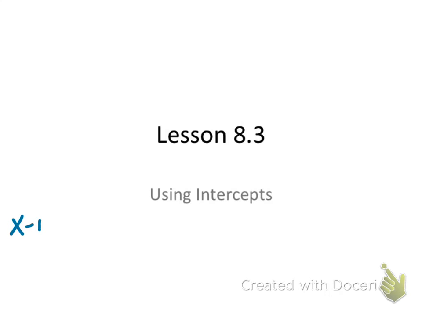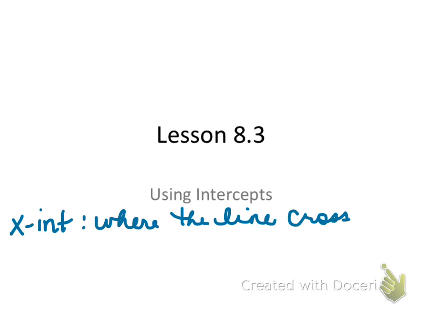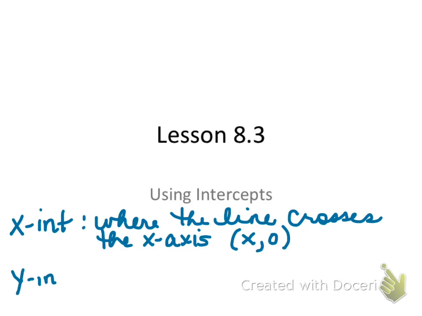The x-intercept, and I'll use an abbreviation, is where the line crosses the x-axis, and you will always have an ordered pair that has some number for x, but the y is equal to 0 because it hasn't gone either up or down, positive or negative, in the coordinate plane. Therefore, the y-intercept, which is something we've already talked about a little bit, is where the